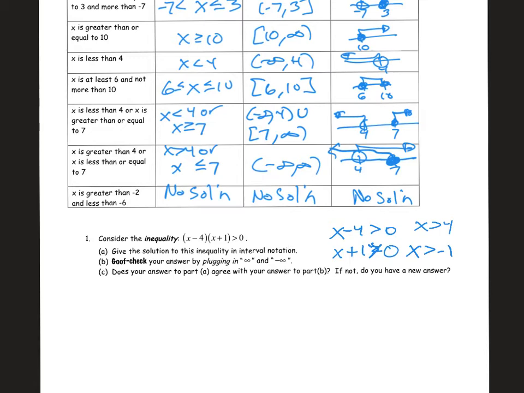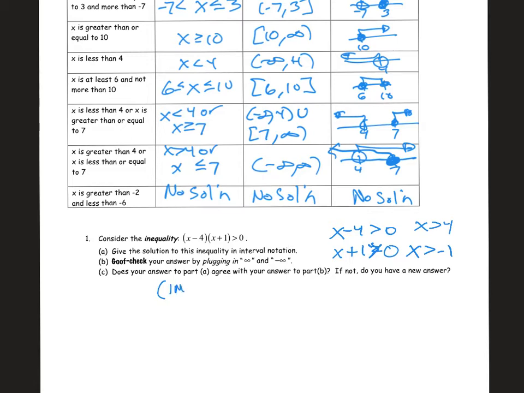So they're interacting with each other. So before I go to A, let's go to B. One good way to do a goof check of a solution, even though we haven't found our solution yet, is to see if infinity and negative infinity would be part of my solution. So I think about if I plug in a huge positive number for x, something huge,